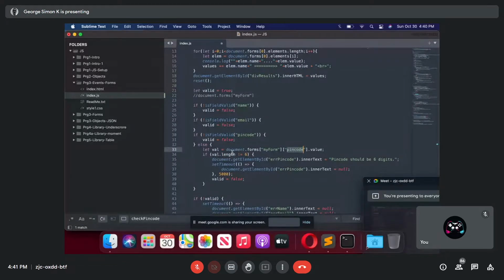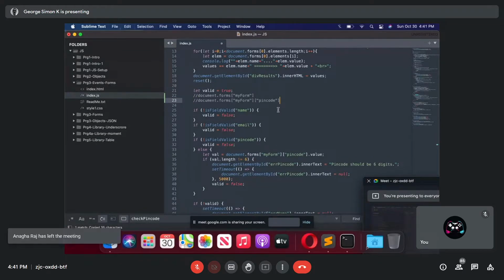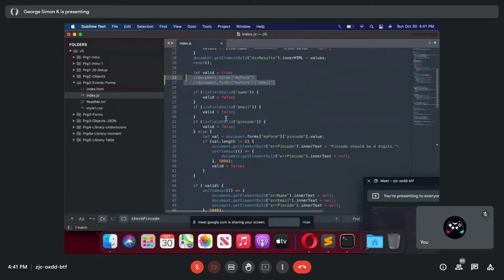Document.forms returns an array. Document.forms of the index or the name returns a specific reference to the form, which returns all the elements. So how to capture an element? This is the way. My form and the pin code. If I want the name, I say name. If I want the email, I get the email. So this is how you can validate.